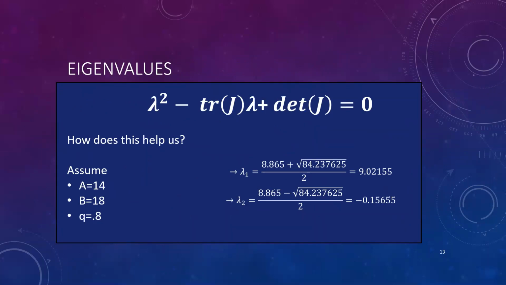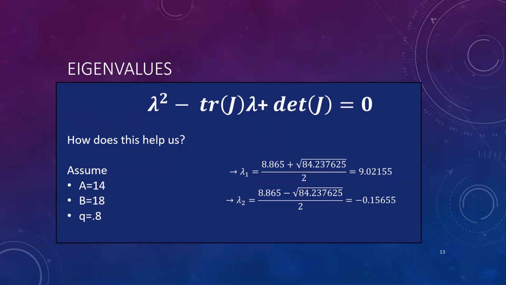Here we have our equation that we'll be using to find our eigenvalues. First, we need to determine the trace of the matrix and the determinant of the matrix. Once we have our values and we have our equation set, we can find our eigenvalues. But in order to even think about finding the trace and determinant, we first need to set values for a,